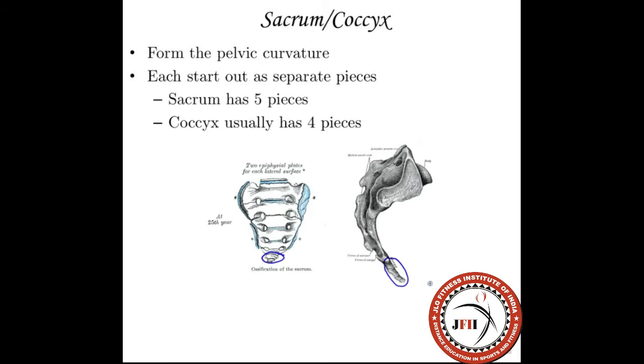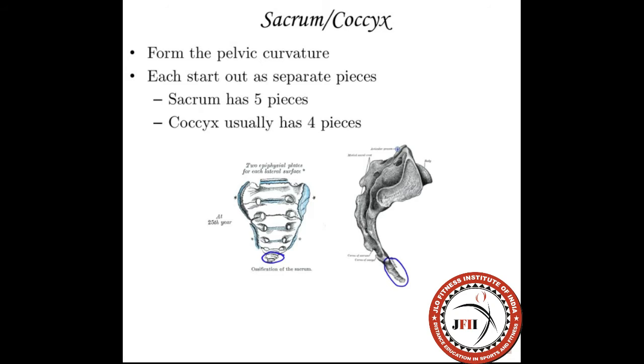Here's a side view, a lateral view of the sacrum, and you can see this little surface here. That's where the pelvis or the ilium would fit into it. The reason why it says coccyx usually has 4 pieces is in some people the coccyx is only 3 bones, in other people it's 5. But most of the time you would see 4 tiny bones making up that very, very most inferior part